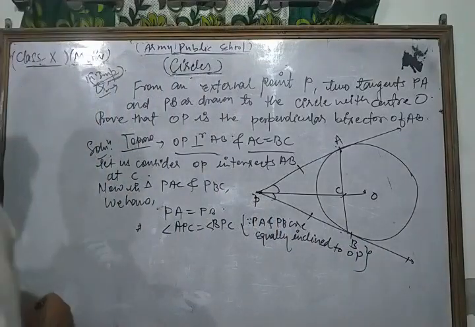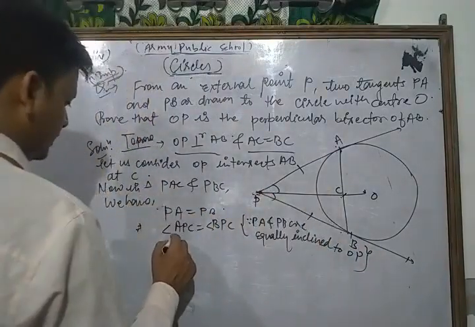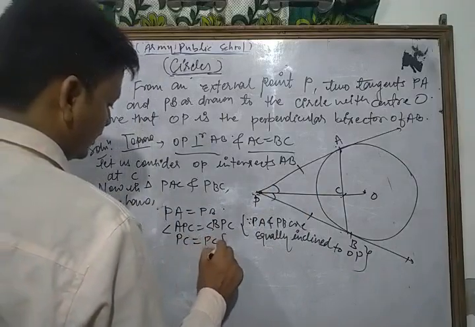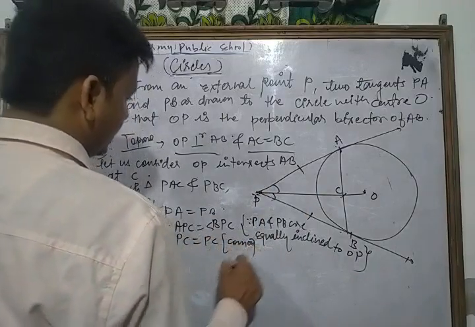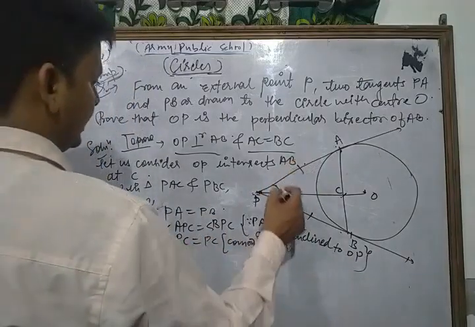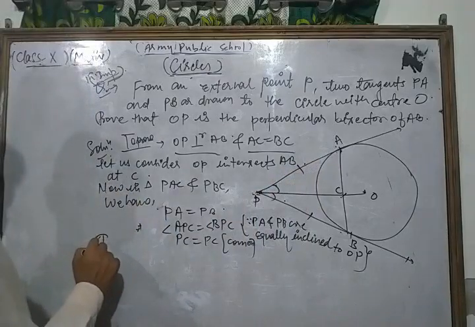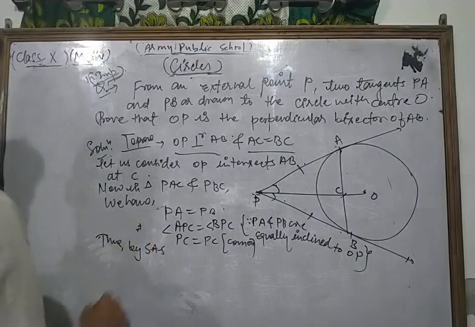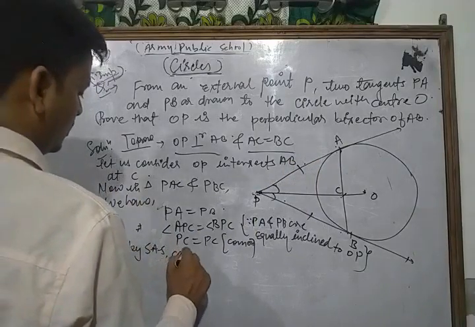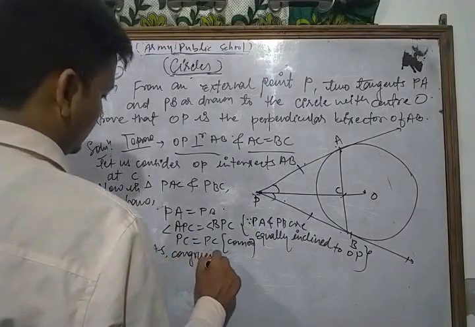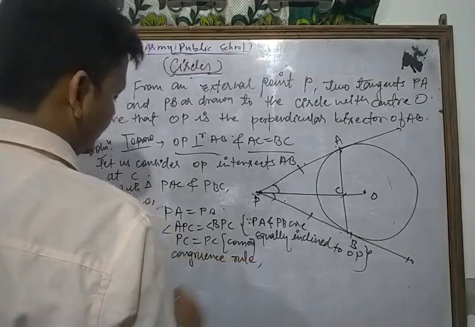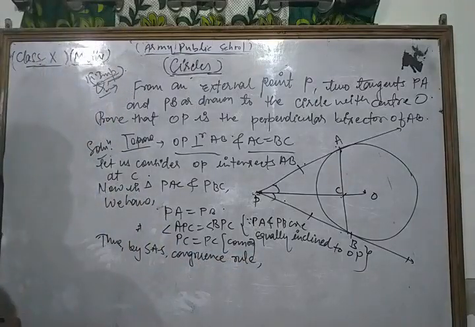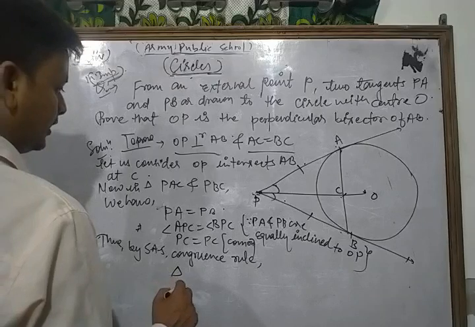And PC is equal to PC, this is common. Thus, side angle side, by the SAS congruence rule,